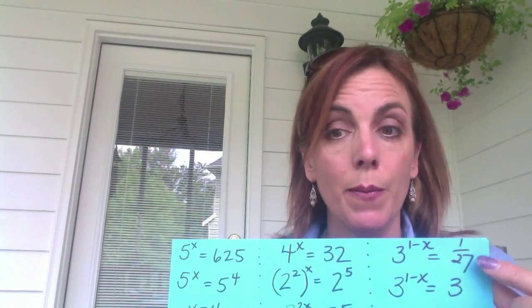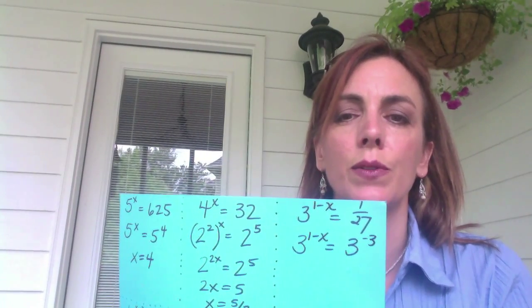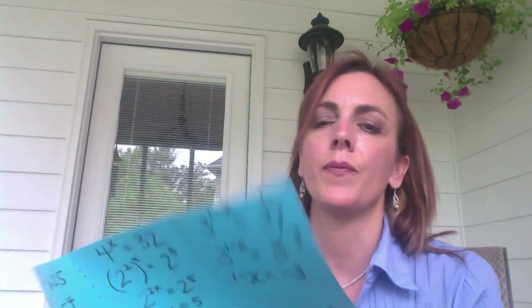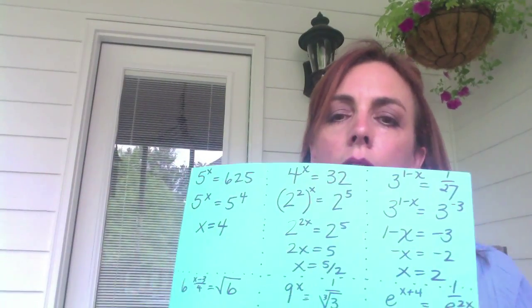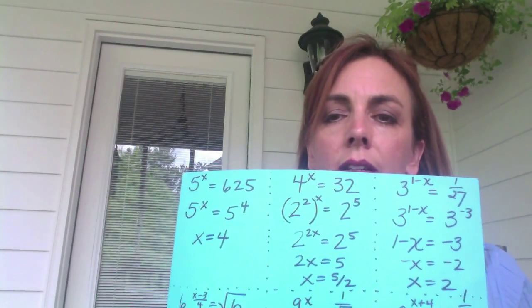Oh, that's the third power, but since it's the denominator, we need to make it negative. So 3 to the 1 minus x is equal to 3 to the negative third power. So now I can, again, drop my bases and equate the exponents. 1 minus x is equal to negative 3. Adding a 1 to both sides gives me negative x is equal to negative 2, and x is equal to 2. Fantastic. Nice. Okay, so now we're going to move on to the second set of